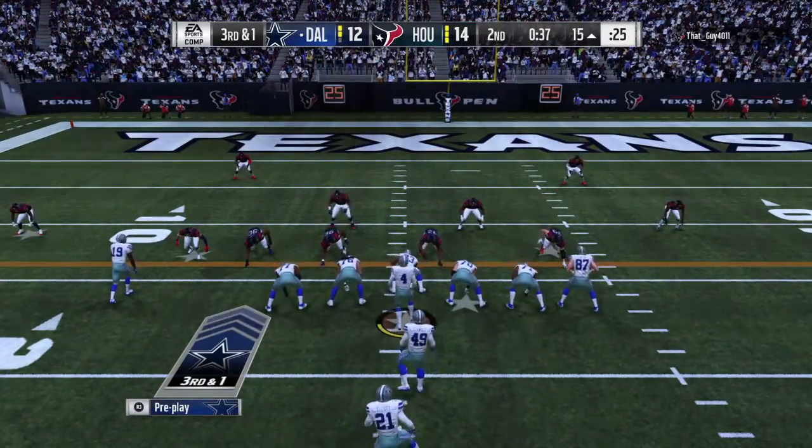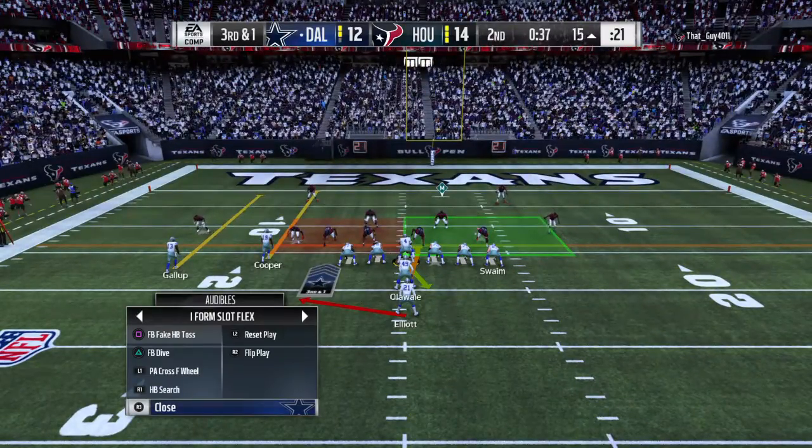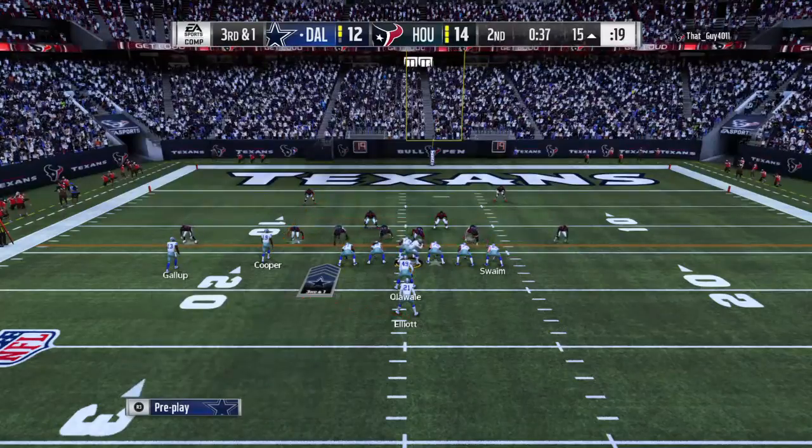Now it's 3rd and 1. 4 down, 4 down. Check, check, check, check. Let's go, let's